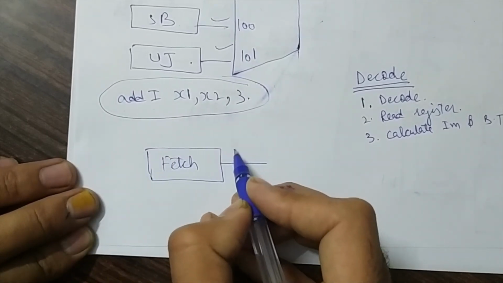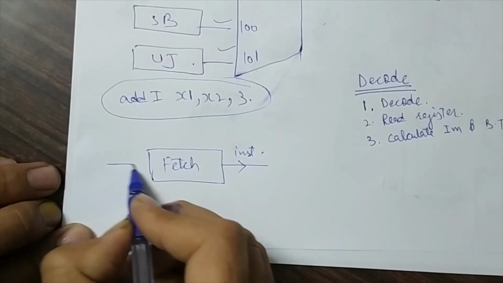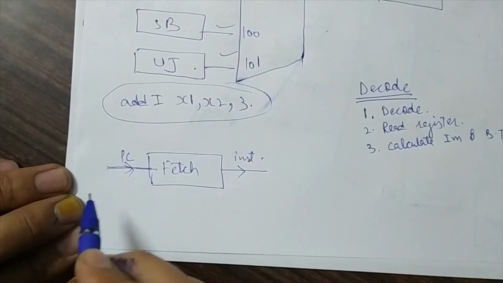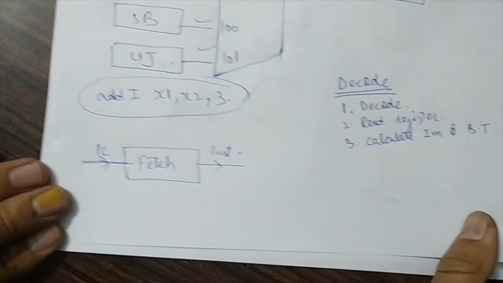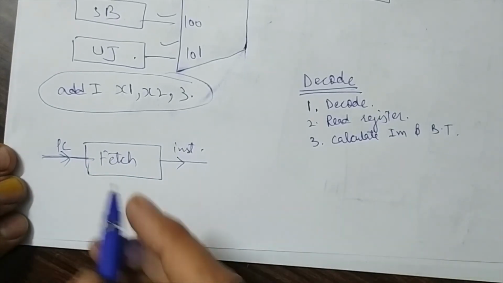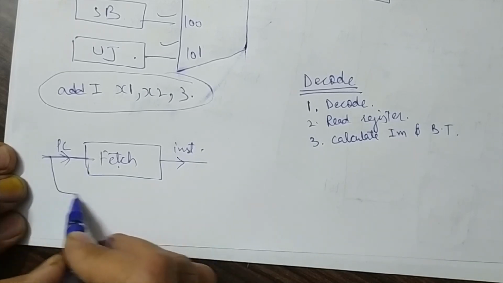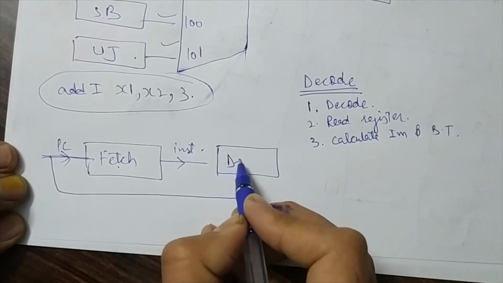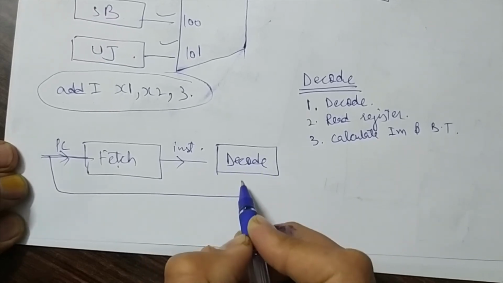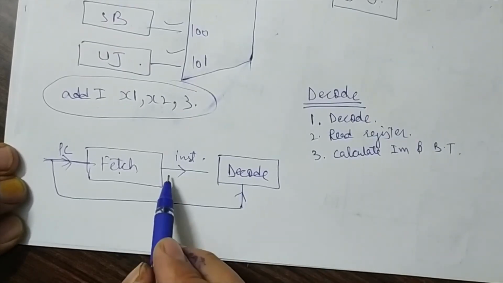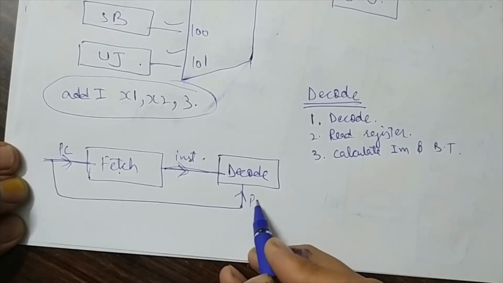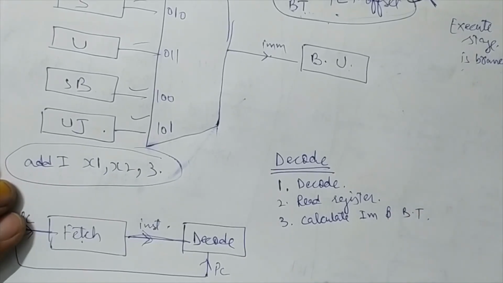So we have a fetch unit, and the output from the fetch was the instruction. Please remember PC is input to every stage of the processor. So PC is input to fetch. It is also input to our second stage, which is the decode stage. So our second stage, decode stage, has input instruction and program counter,